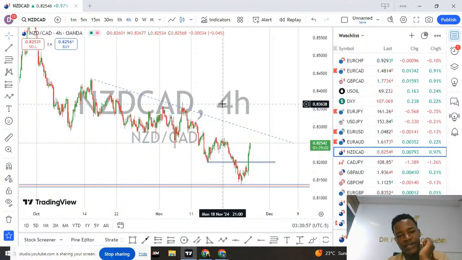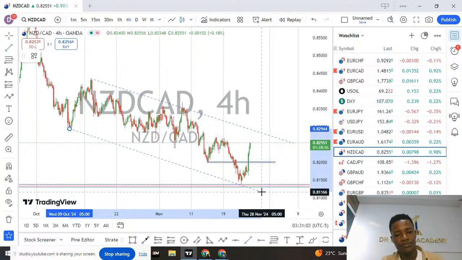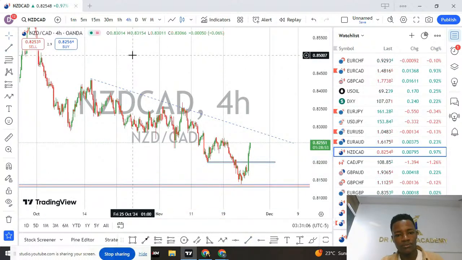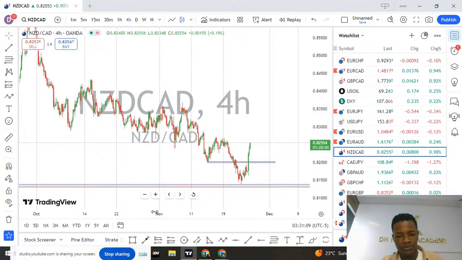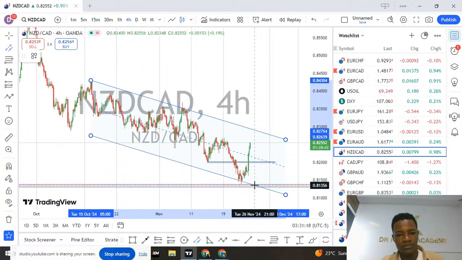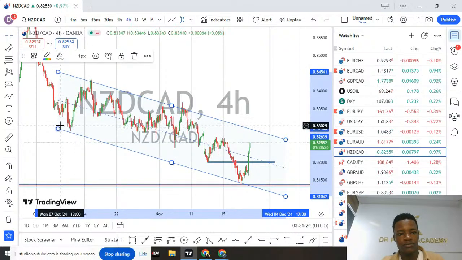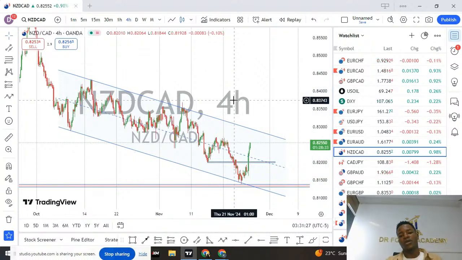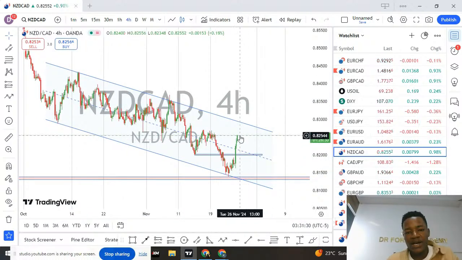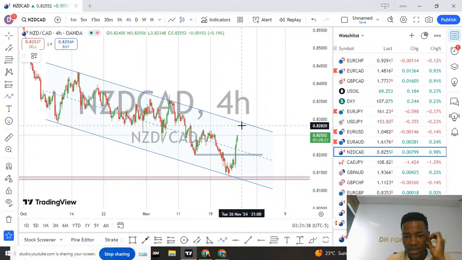Okay, we have this trend line on the upper side, and then let me show you. Actually, this is a channel. Let me show you. You can clearly see that's a channel. So these buys are valid all the way back to these areas. After these areas, we are going to experience a little bit of sales all the way down here. So I'm looking for something like this. A short position.